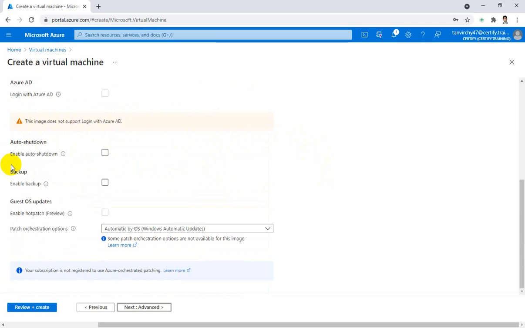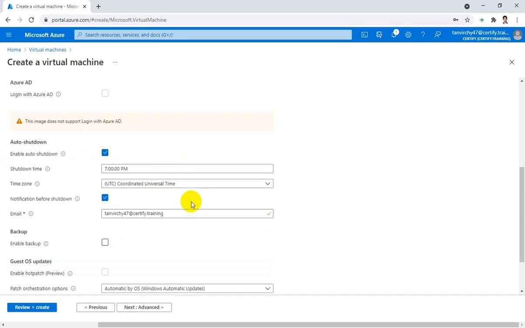So another important thing, you can choose auto shutdown. Just like if your office time is 8 a.m. to 6 p.m. and if you run your machine after 6 p.m. then it will cost automatically without any use. So you can enable auto shutdown, so that